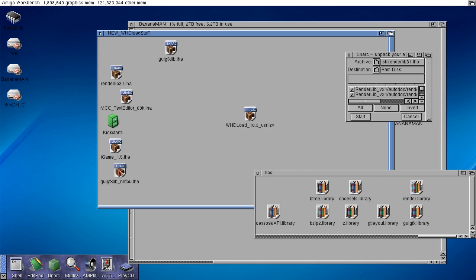If you have problems, I've had problems with GUI Graphics and games and WHD Load not running right on real hardware and had to use the GUI with no FPU, and then on other machines I've used just the regular GUI FX lib with FPU support off in it. Entirely up to you. On emulation I've never had a problem with that, so up to you on which one you want to use. If you run into any problems with WHD Load and the iGames program, try the GUI FX lib no FPU. You will have to rename the GUI FX lib no FPU to GUI Graphics